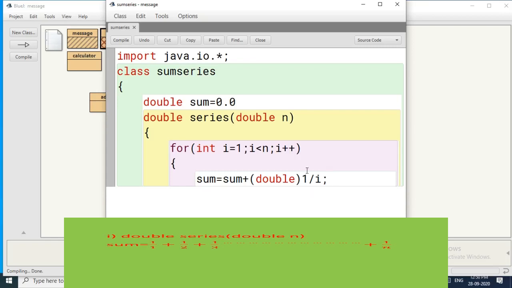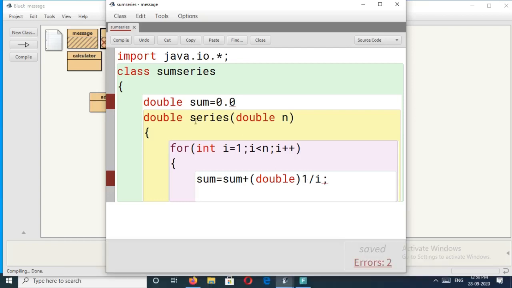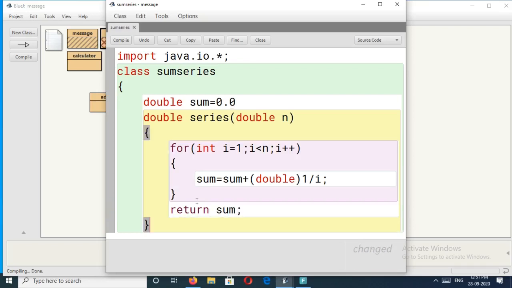Okay, then if you want to put the bracket, you can put, no problem. And then press the enter key. See, each time there is no need to type the sum. After collecting all the sums, you have to give the value of sum. But here we know the prototype of this function is double. Because of that you definitely have to use one return keyword. Return what? Sum. Okay, our first function is finished. We can close that function.